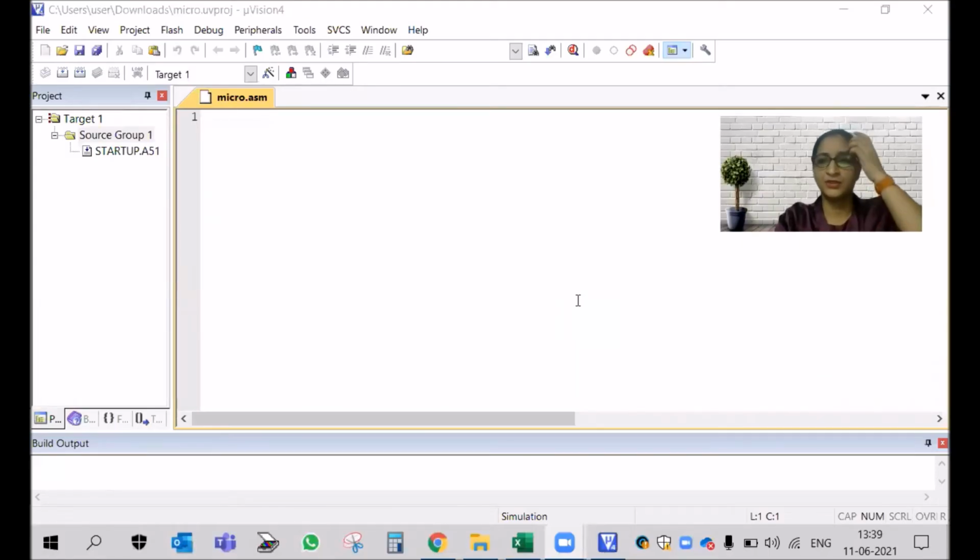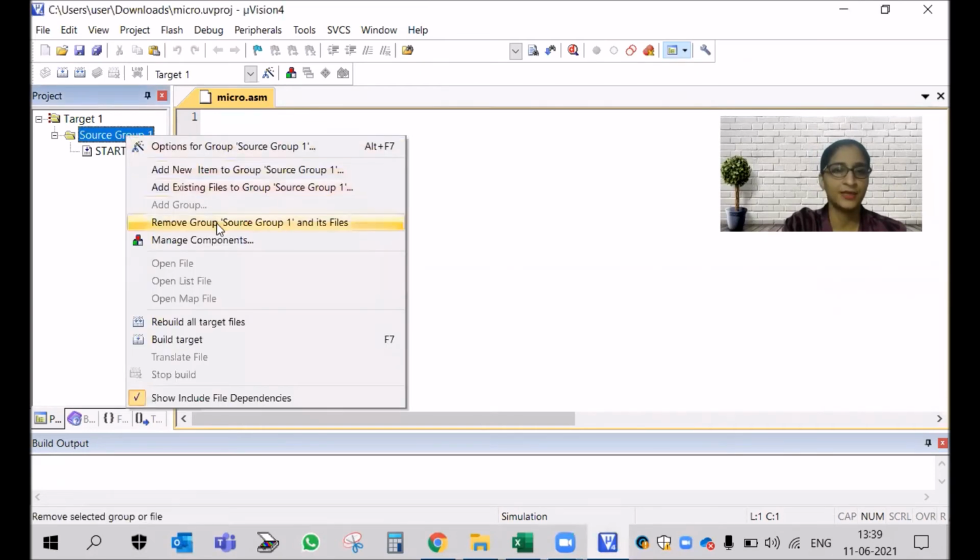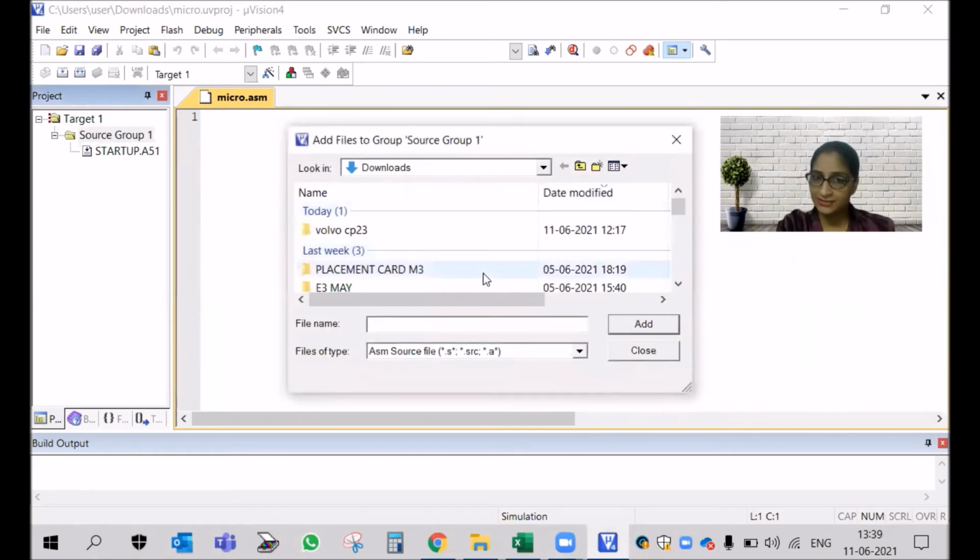Okay, so again, I'll share the screen. There is some problem during sharing the screen. Okay, so I hope it's visible now. So now you will see here you have made the project, here you have made the file, and we were just adding this. As I said, this is a new file, but it's not new. We have already created micro.asm. So we'll click on existing file. Right, now we want to select a file available in ASM.